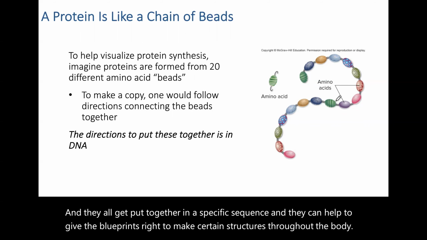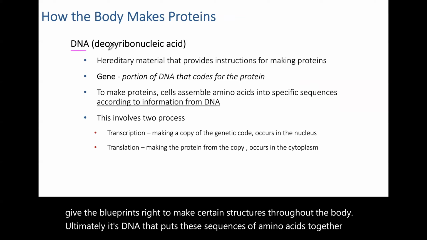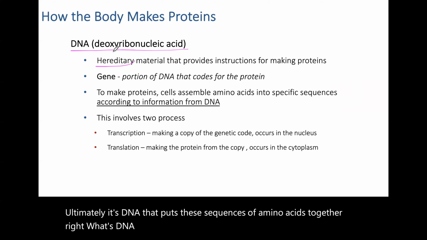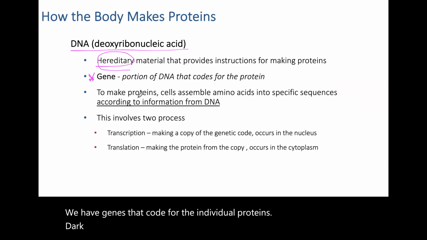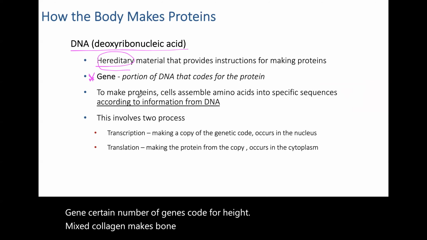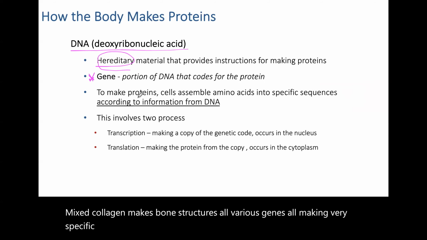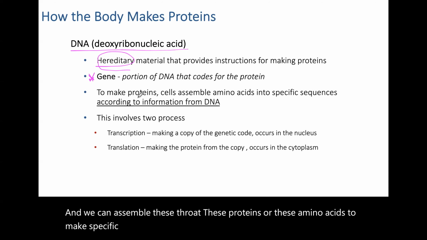Ultimately, it's DNA that puts these sequences of amino acids together, right? What's DNA? Deoxyribonucleic acid, right? It's your hereditary information. We have genes that code for the individual proteins. The dark hair, certain gene, certain number of genes code for it. Height, makes collagen, makes bone structures. All various genes, all making very specific things. Okay? And we can assemble these amino acids to make specific proteins according to that fantastic information